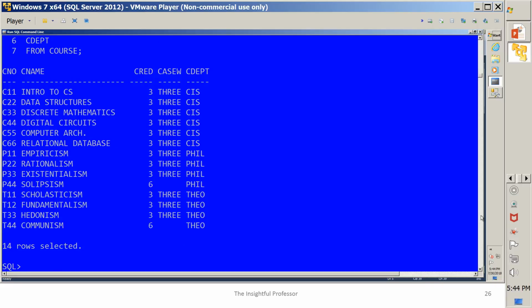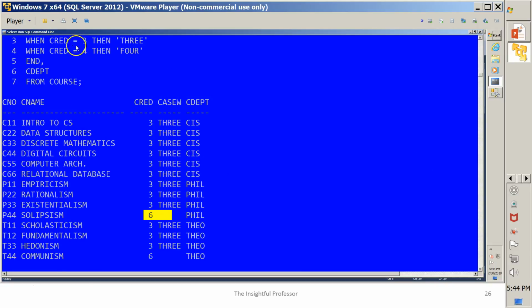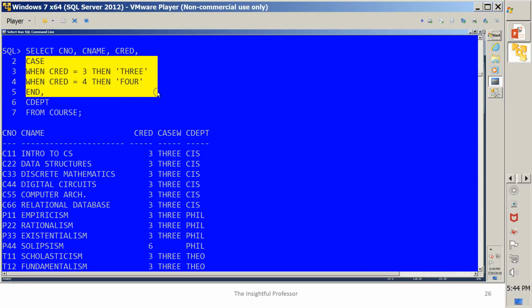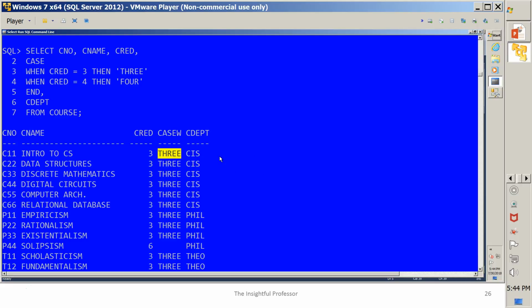So a couple things to note here. First off, when we had the value of 6, that was not one of the values for which we put an explicit test, and there was no else, therefore the null value got returned. Second thing to observe is the column heading. I did not do a rename. Notice the actual expression that was used to produce the result is very lengthy. It didn't use all of that. The column happened to be only 5 characters in length to display the longest or widest value within the column, so the column heading was shown as only 5 characters, which would be the first 5 characters shown in this